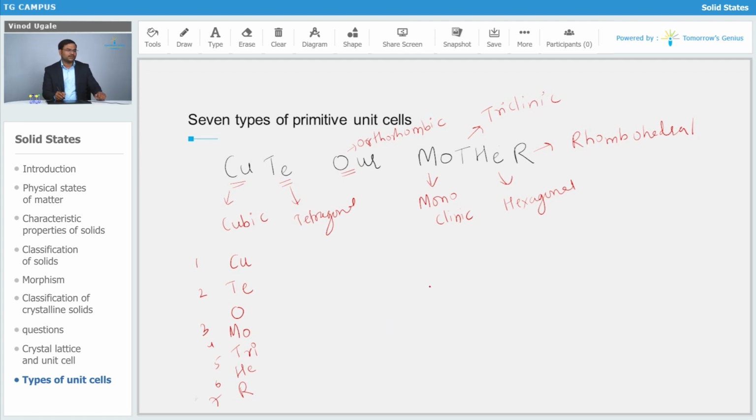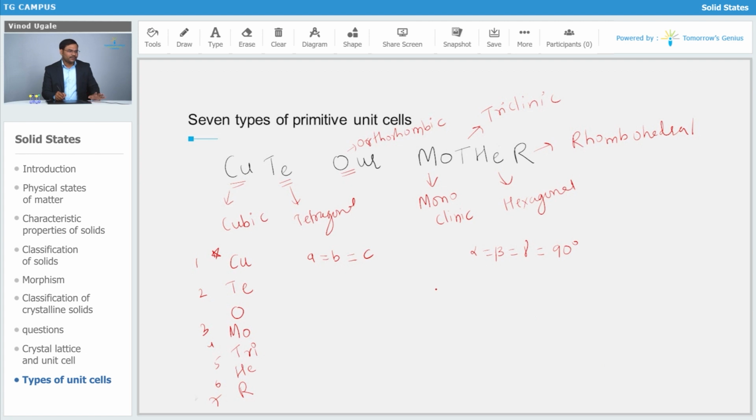Now what we can do, we know about the cubic system, correct. We have seen that it is the most symmetrical one. So its sides are going to be equal. You should write down what I am writing, because while writing you are going to understand it in a clearer way. And all angles are also going to be equal, that is they are going to be 90 degree, and this is the most symmetrical one. Let me mark a star over here, as it is symmetrical, correct.